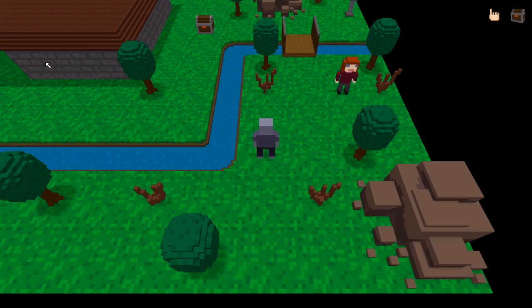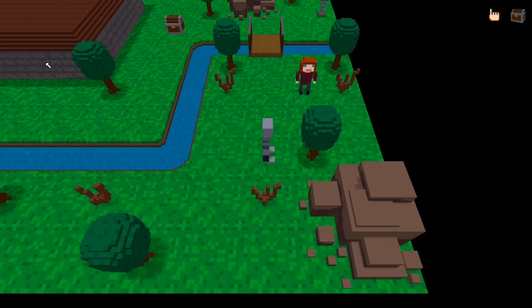Anyway, so we've picked up the axe. The axe is not respawning because we told it not to. We've got one axe in our inventory. And now because I've picked up the axe, I can click this hand icon and it switches to an axe. And if I keep clicking, I can toggle between using the tool and using no tool. If I hover my cursor over the tree, you can see the cursor doesn't change. Okay. But if I switch this to using the tool, and I hover my cursor over the tree, now